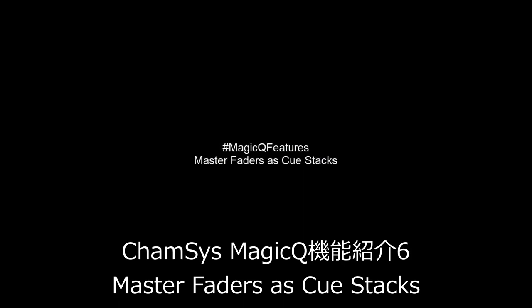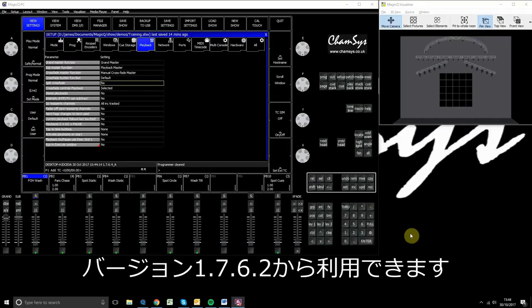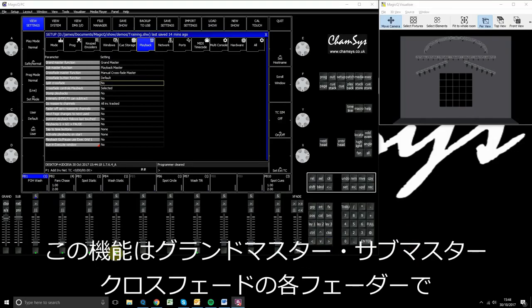So we're going to look here at setting our master faders to be extra Q stacks on the console. This is something that was added in software version 1.7.6.2 onwards. So this is going to take our grandmaster, submaster and crossfader faders and allow us to assign Q stacks to